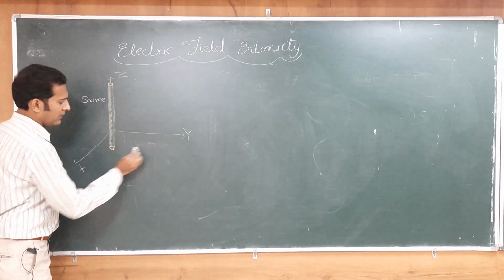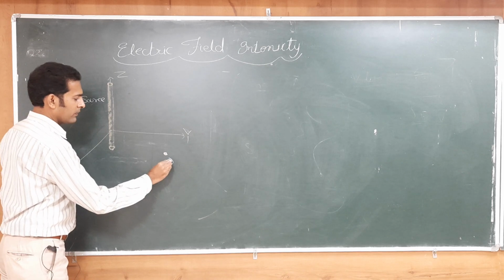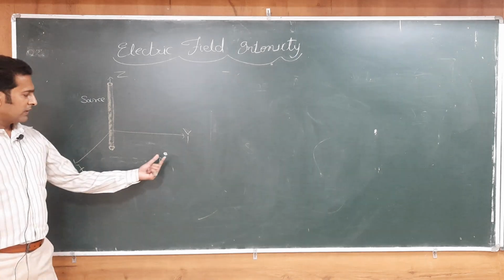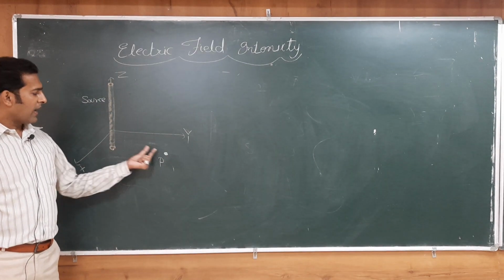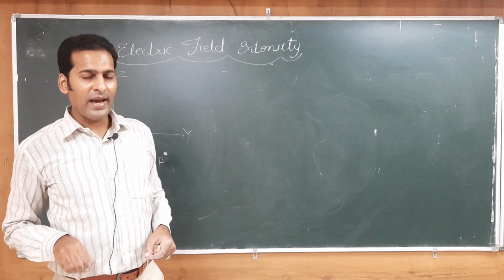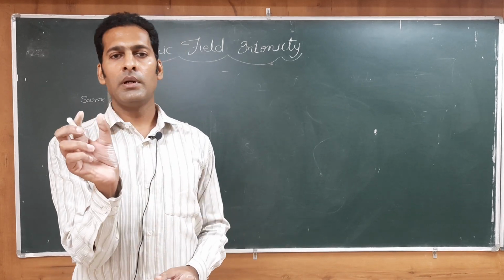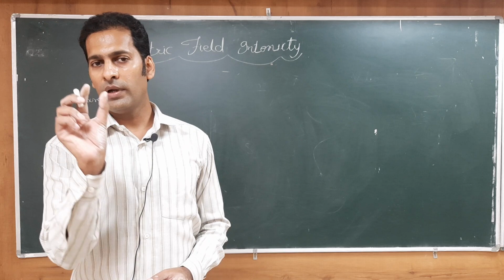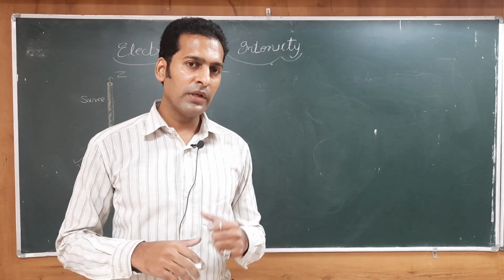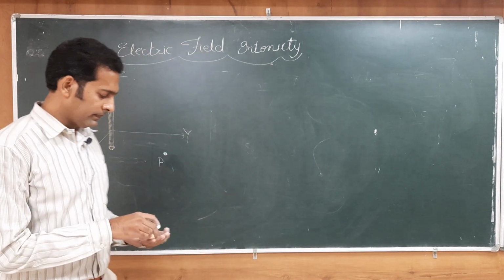Say on this xy plane we have one point, say point Q or simply point P. There is a charge on the floor, so this entire line is applying some force on this charge. For calculation of the entire electric field intensity due to the entire wire, first we will take a differential source element and calculate the differential electric field intensity at the point. Once we have the differential value, we will integrate it and find the entire electric field intensity.